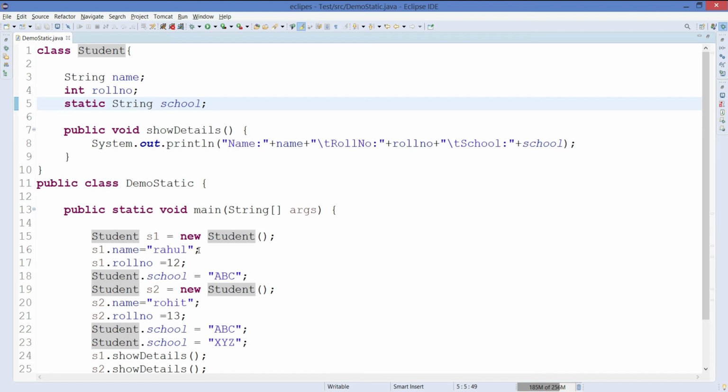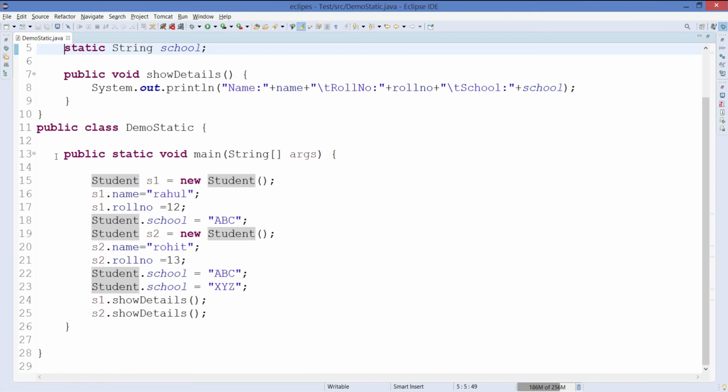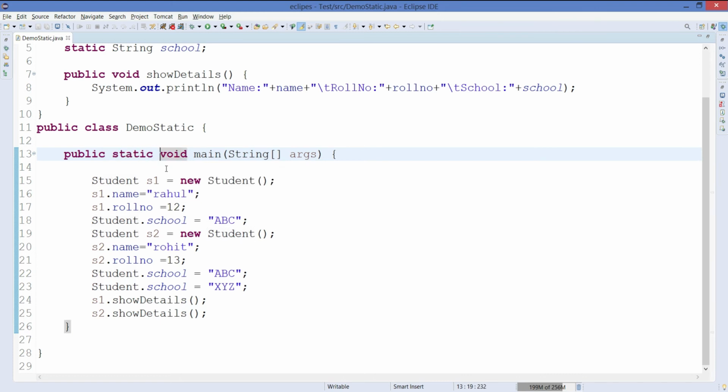Now let's move on to the static method. The best and simplest example could be the main method. We have seen from the first class that this is given as static, which means that, as I explained, we need not require any kind of object to access the static methods. That's the reason why the main method is declared with the static keyword. And because of the static keyword in the main method, if you run the program, it runs perfectly fine even if you don't create an object and call this main method.